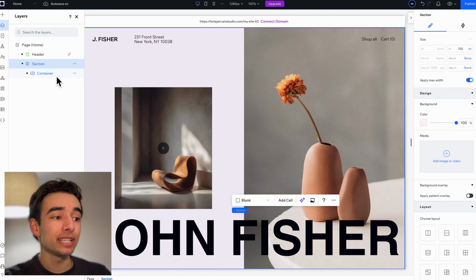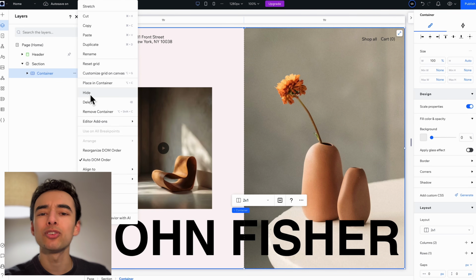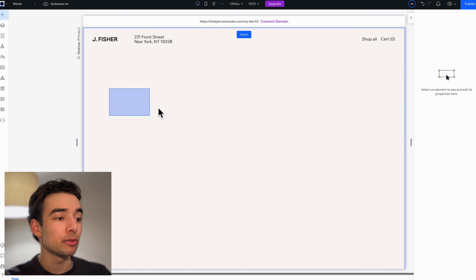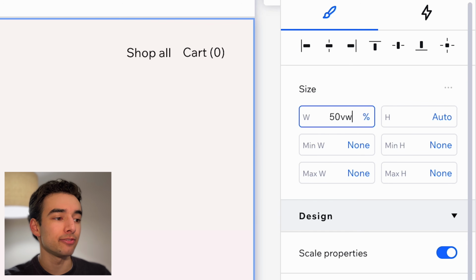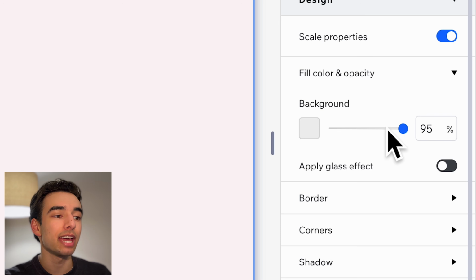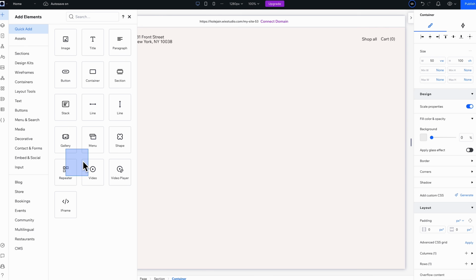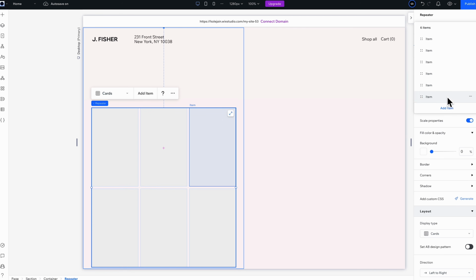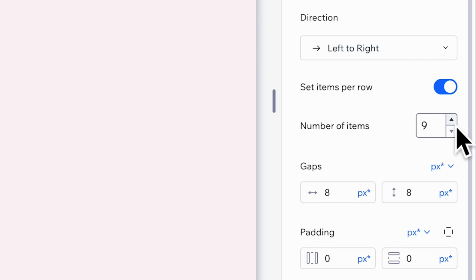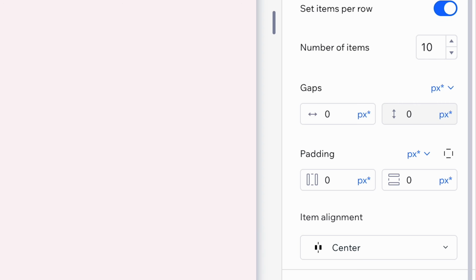To do that, for a quick second, I'll hide this container so that we're not nesting elements within it. Then we'll drop in a container and set it to 50 VW and 100 VH, and then position it in the top left and remove the background. Then in this section, I'll drop in a repeater to which we'll add in 10 items. Then set the items per row up to 10 as well, drop the gap to 0, and stretch to be